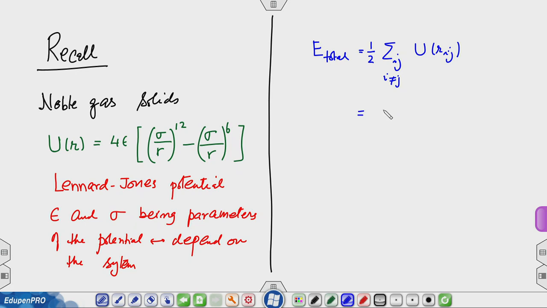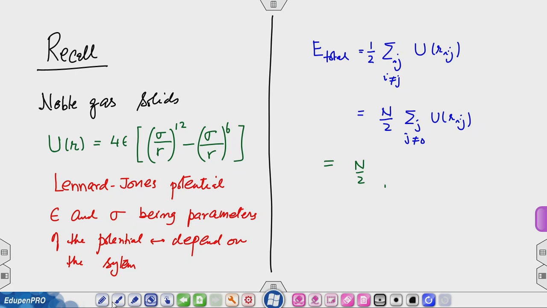This then came out to be n by 2 summation over j, j not equal to 0, u r i j. So, this is the way we calculated the energy, and then we wrote this as equal to n by 2 some alpha times